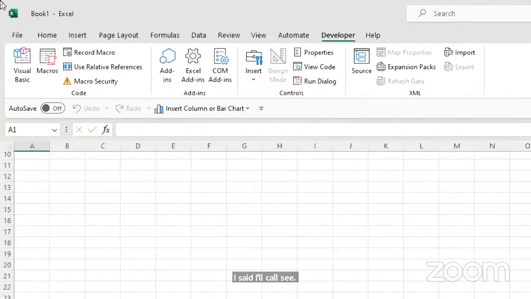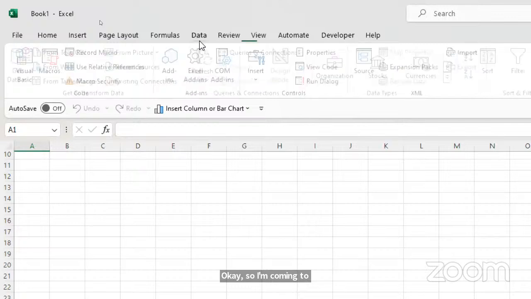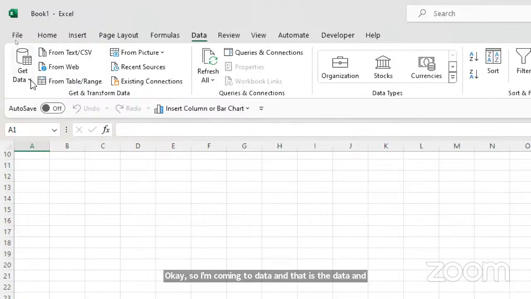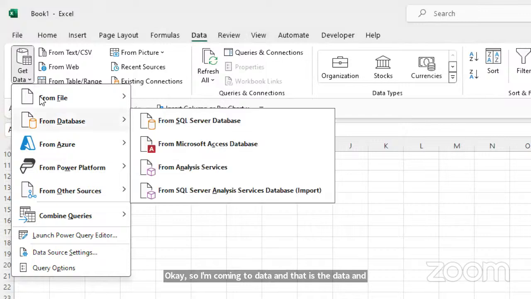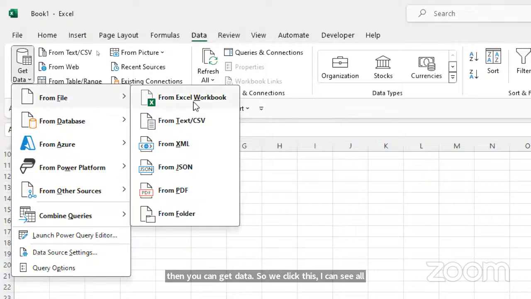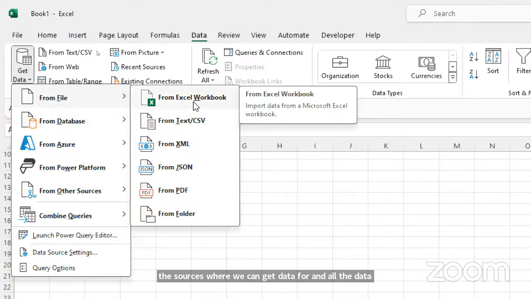Okay, yeah. So I come to data, under this Data tab, and then you can see Get Data. If you click this Get Data, you can see all the sources where we can get data from and all the data types that we can get. This first one is saying Get Excel Workbook. So Excel workbooks are always in